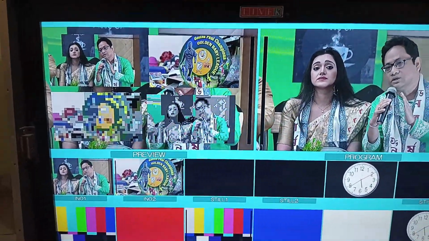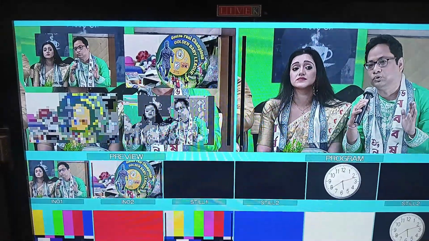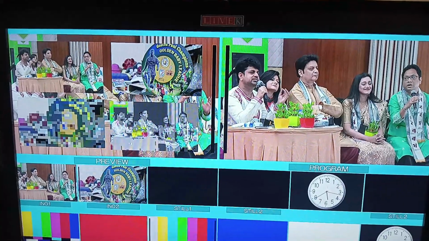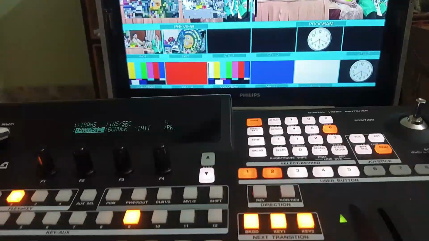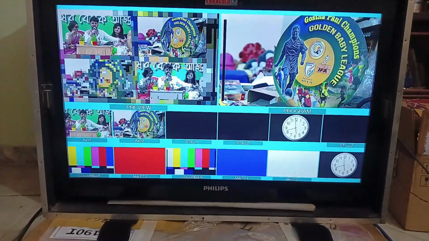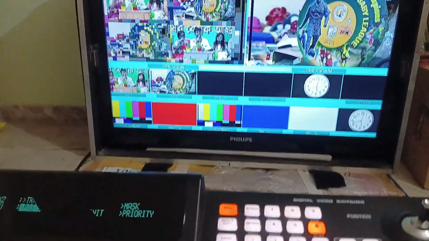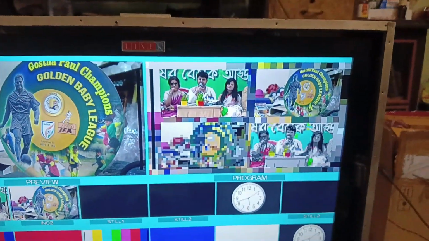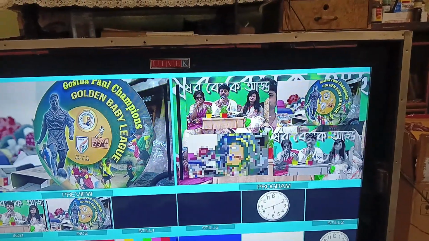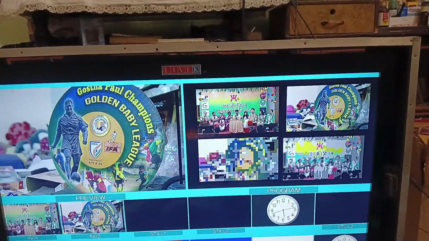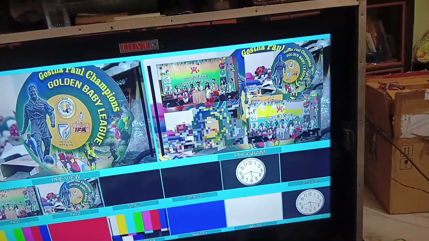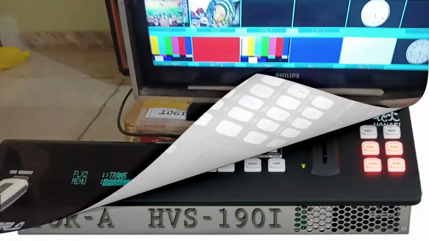It is very useful to make multiple windows with the same size very quickly and easily. Now you can easily take it to your PGM by pressing the cut button. You can see. Now you can change the background also, just by pressing this one. Got it? If you want to change